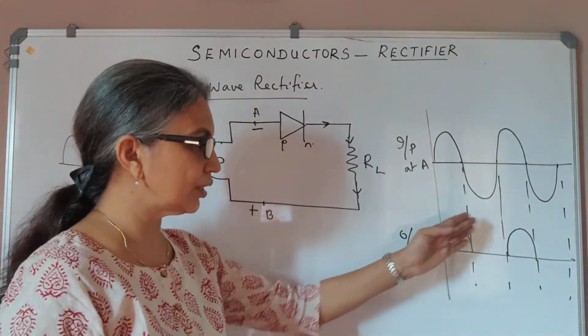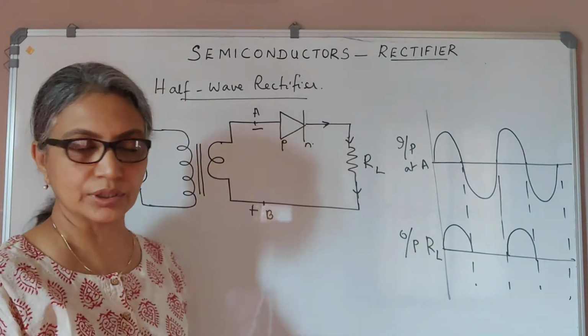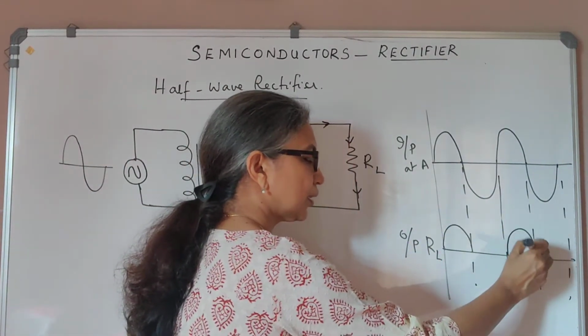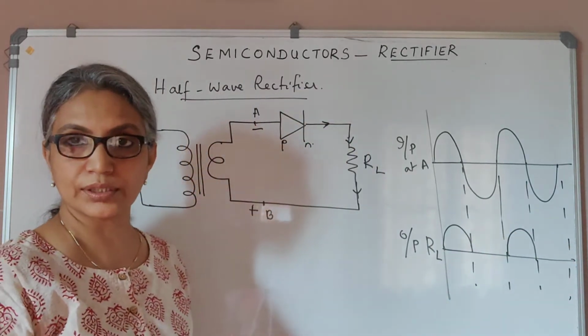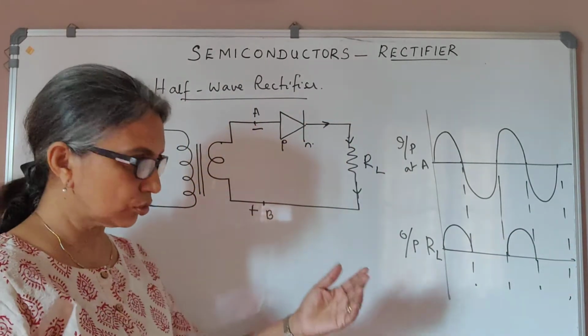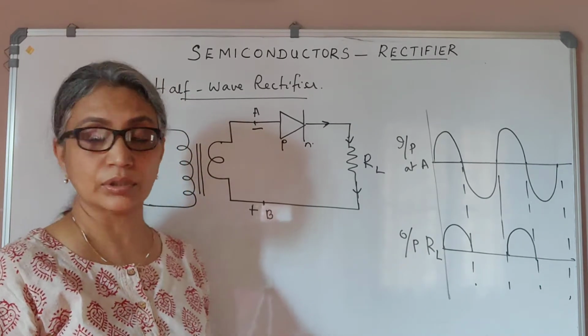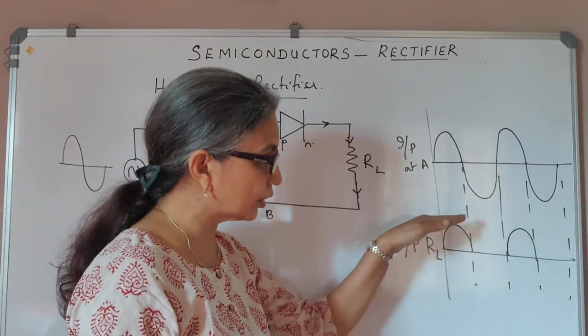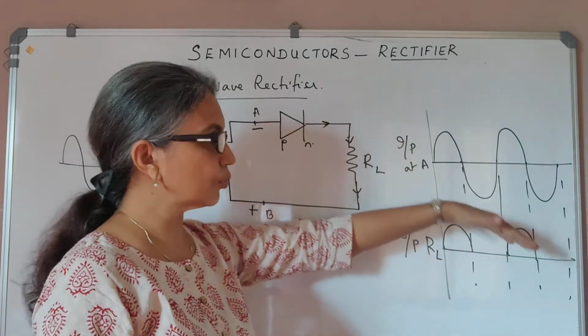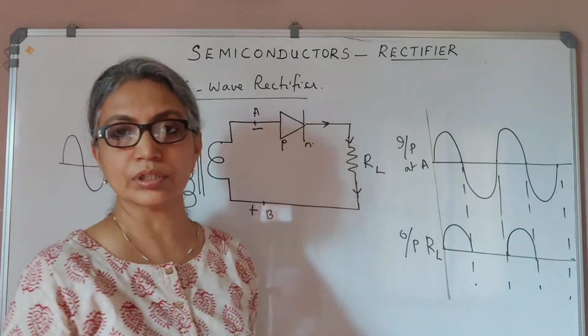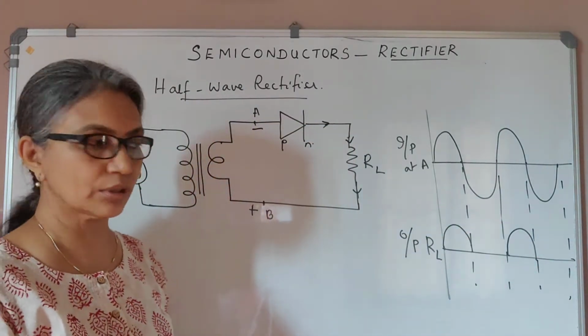So we now have a DC, because DC is unidirectional, except that we cannot expect it to have a pulsating output like this, because you know DC should be constant. Towards the end of the session, we will be discussing the filter circuit, which can remove the pulses and give you a constant DC. So we have converted an alternating voltage to a unidirectional voltage, which is what we call a DC voltage.